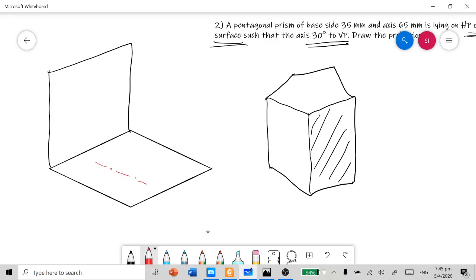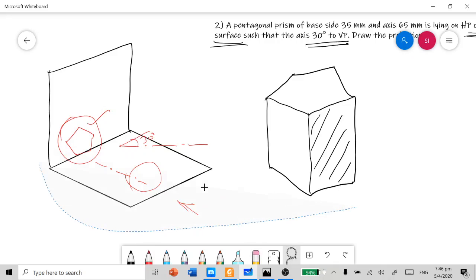If you do that, you can see the pentagonal base of the solid in the front view. Actually the axis is going to have 30 degrees inclination with VP, but for our convenience we consider the axis perpendicular to VP, and then we can draw the simple projection followed by the final projection.